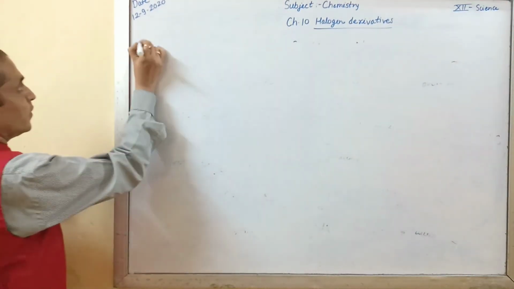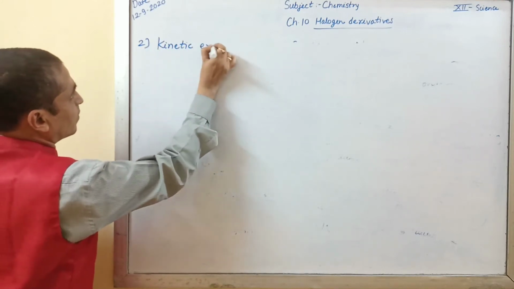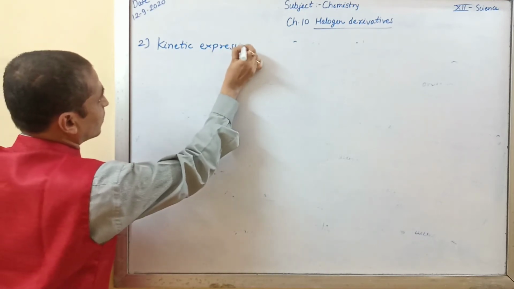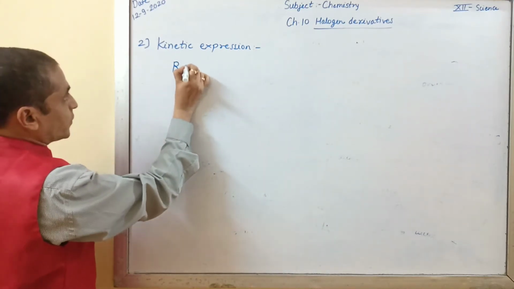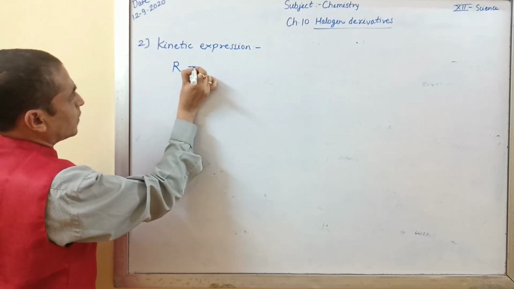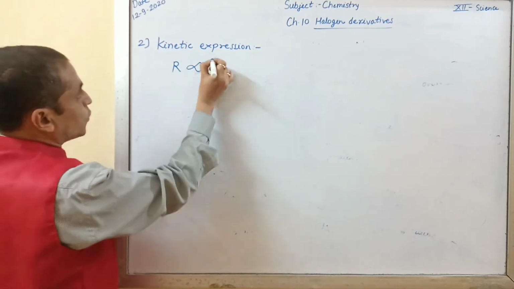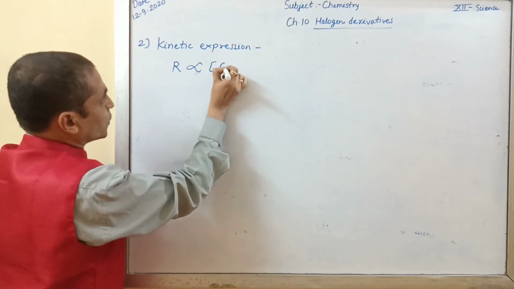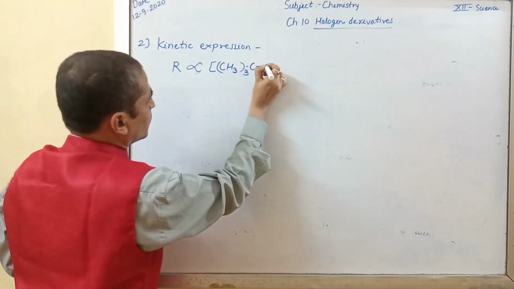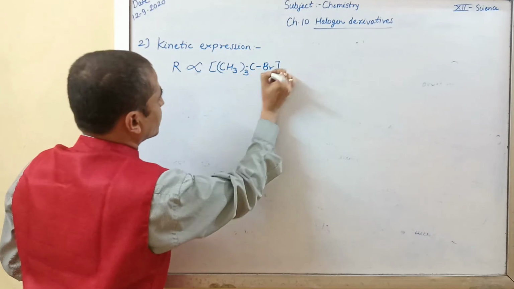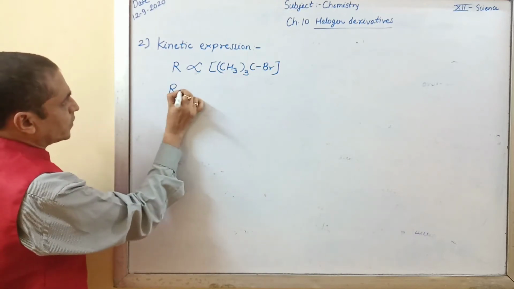Now come to the second point, kinetic expression. See, here the rate of the reaction does not depend on the concentration of nucleophile. It will depend on the concentration of tertiary butyl bromide. It can also be written as R equal to k times [(CH3)3CBr],